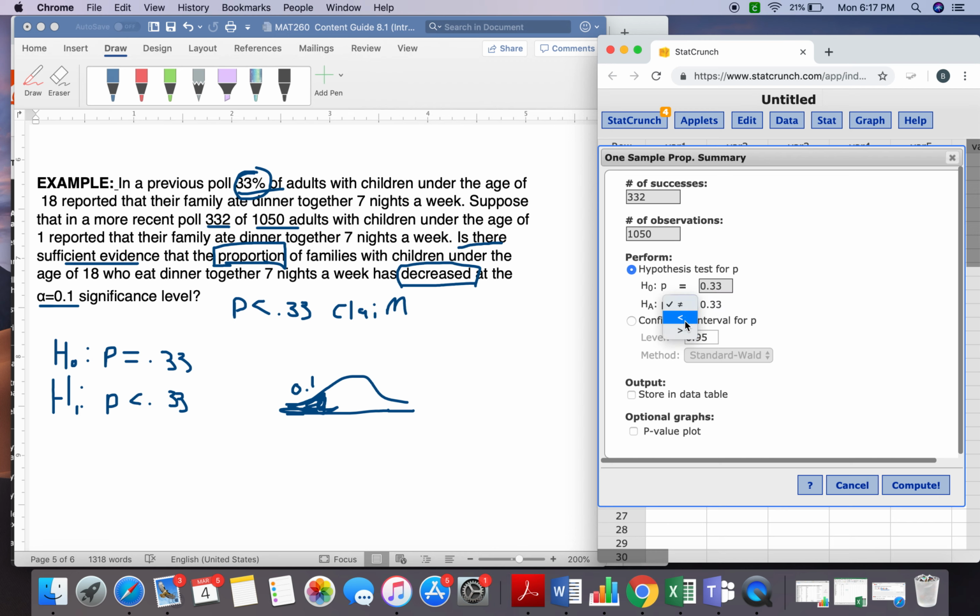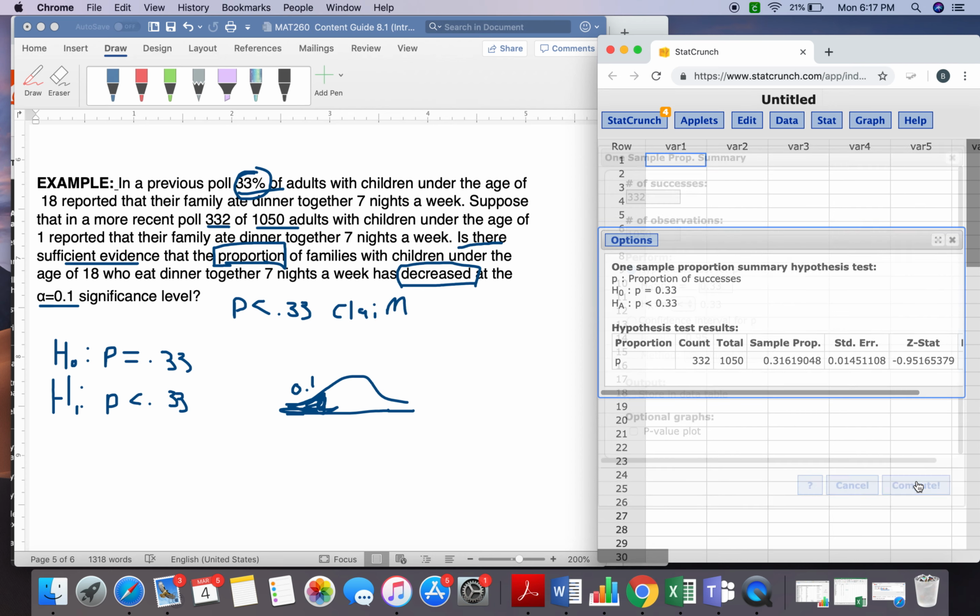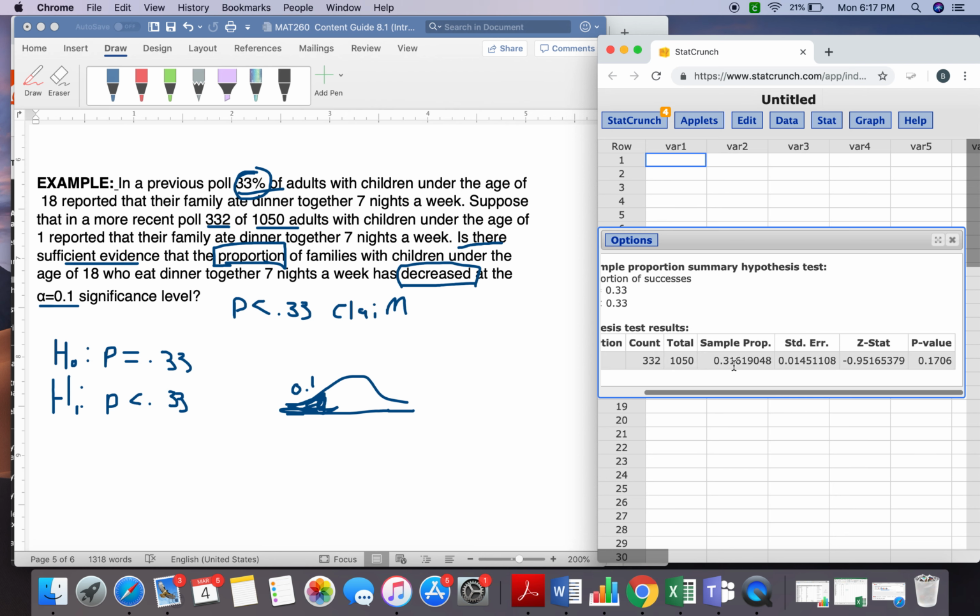And we need to change this to less than. So we have our successes, observations, changed our proportion to 0.33, and we're looking for a decrease, so we're looking for less than. If we hit compute, we'll see that our sample proportion is about 0.32, and we can see our p-value is